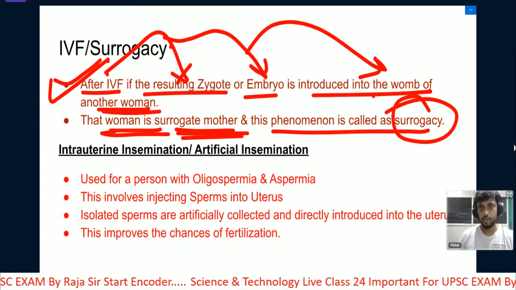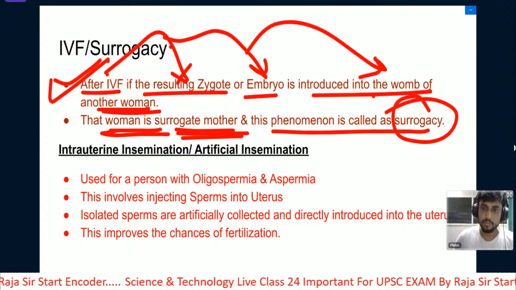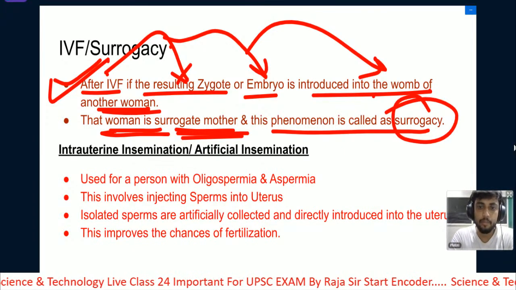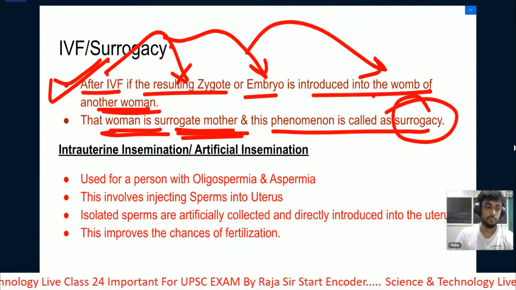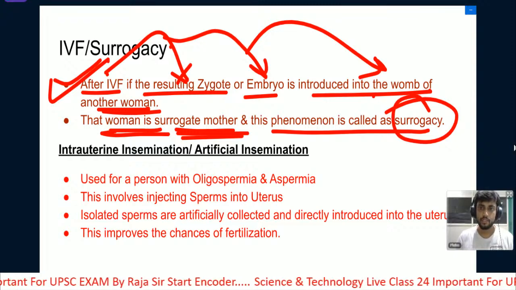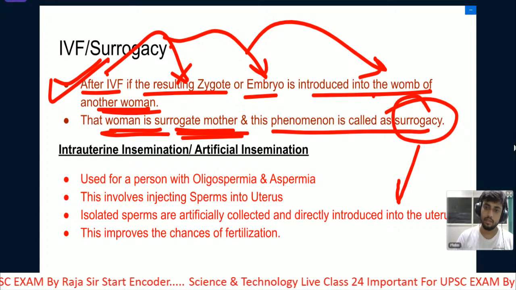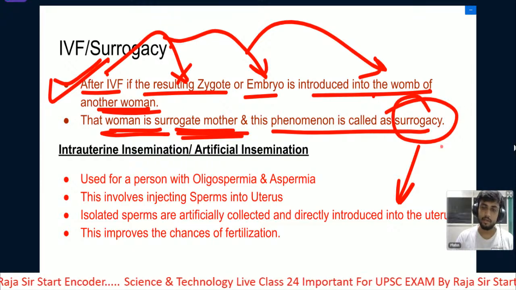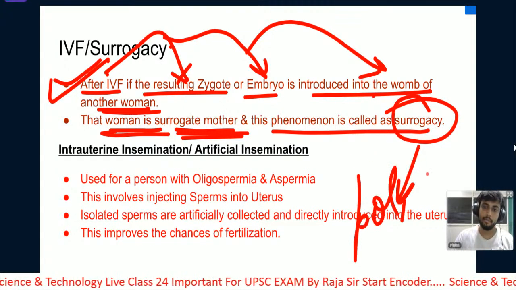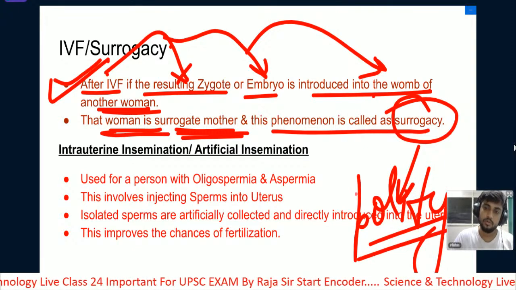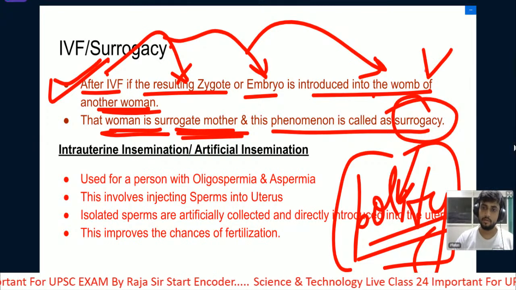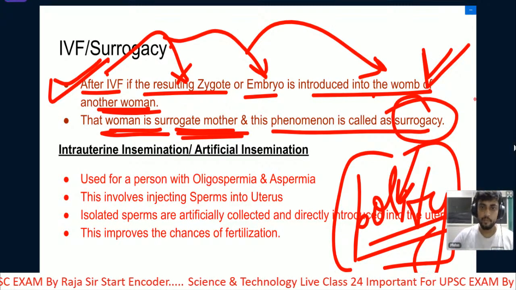Surrogacy समझ में आ गया? तो जिस फीमेल बॉडी के अंदर we are implanting the embryo, that person is basically the surrogate mother. And there are certain issues with the surrogacy and you will study the surrogacy bill, and the artificial fertility techniques bill in the polity. तो जब पॉलिटी में टॉपिक आएगा तो वहां पे आप इसको फ्रॉम द पर्सपेक्टिव ऑफ इंडियन पॉलिटी यू विल कवर द सरोगेसी. एंड व्हाट इज सरोगेसी? हियर आई हैव क्लियर्ड इट.